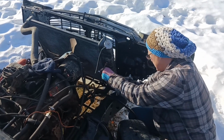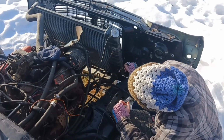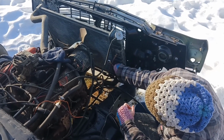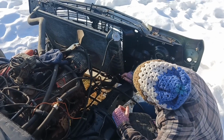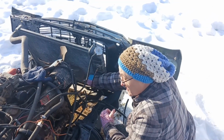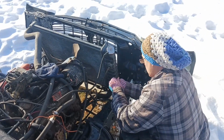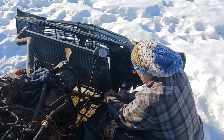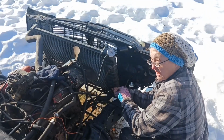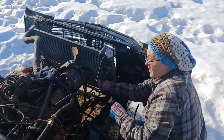We are just so itching to come out and work on this thing, as you've seen in our shorts and stuff. So now we're actually able to come out and hopefully spend some time and get some progress done on the '72 Chevelle. Because March 20th is the first official day of spring, but out here it's probably another 2 weeks after that. So we're trying to get this as close to ready as possible, because we do have a line on a running 350 to put in, because we'd like to be driving